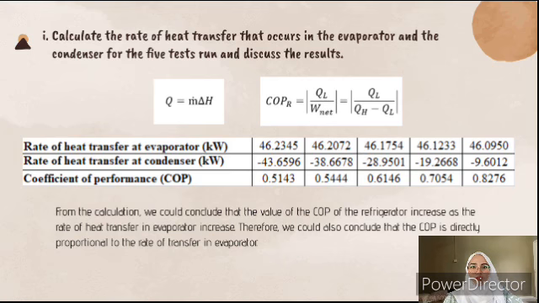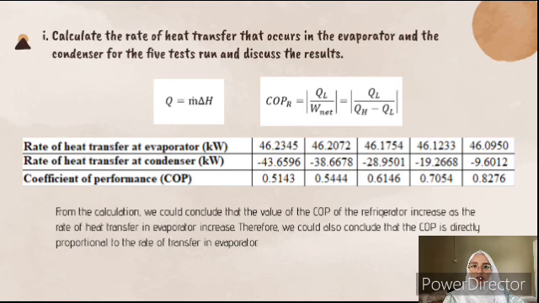46.2345 for test 1, 46.2072 for test 2, 46.1754 for test 3, 46.1233 for test 4, and 46.09502 for test 5. Next, by using the same formula, which is Q equals M delta H, we will